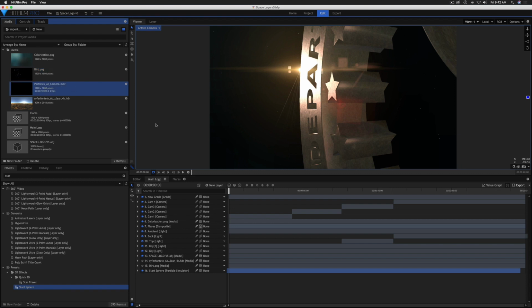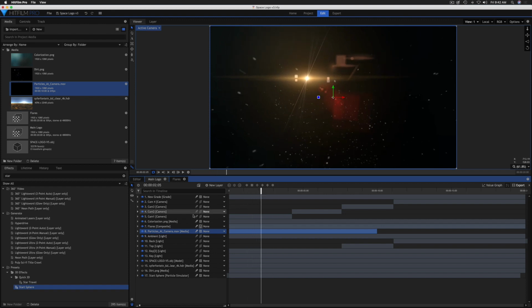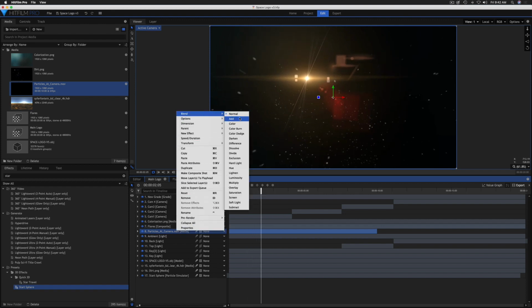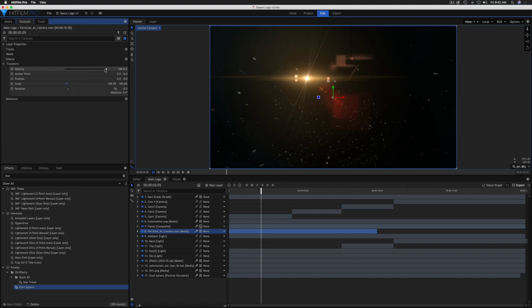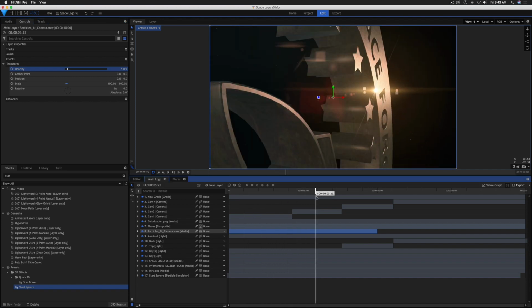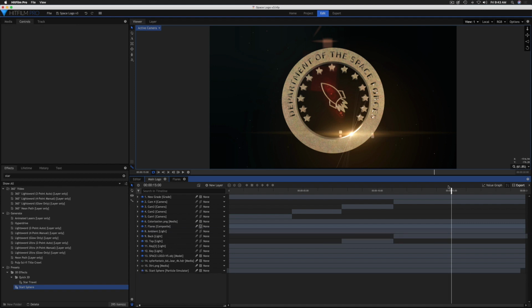Particles at camera. I just generated a MOV of some particles coming right at the camera. Let's see, we can put that under the flare. Now we should see, okay, there's our particles. So let's put the blend mode to, don't need to change the blend mode. This has got an alpha channel. So let's just turn the opacity of the layer down. You know what? We're not even going to use that. It's too short for my comp. I could put it in somewhere else, but for simplicity's sake,